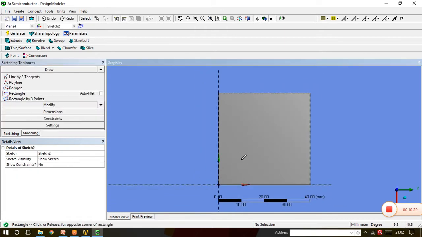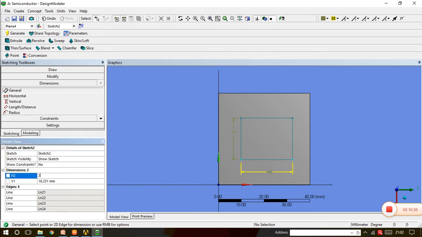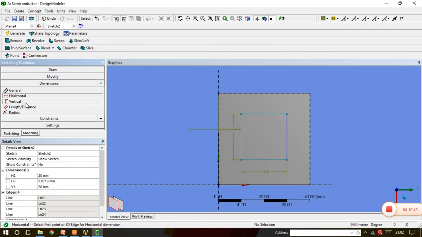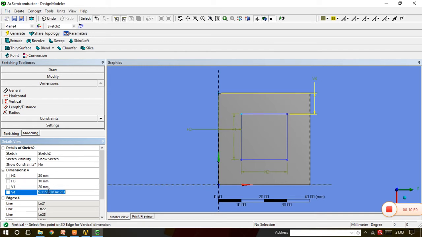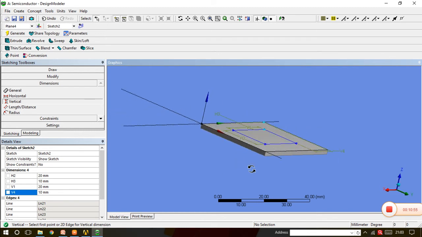We have to select the rectangle. The rectangle dimension is 20 mm by 20 mm. Rather we call it a square, not a rectangle. It is 20 mm by 20 mm, and we have to constrain it by fixing proper dimensions. So this horizontal distance and this vertical distance are both 10 mm. So 10 mm is provided, and we have drawn the drawing for the copper die.